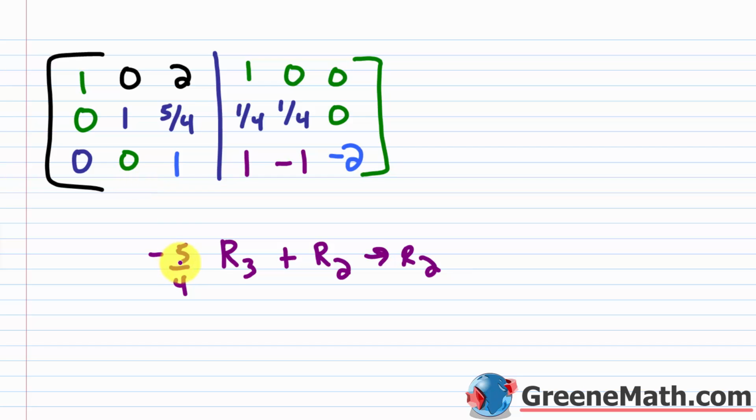I know that if I multiply negative 5/4 by 1, I get negative 5/4. If I add it to 5/4, I get 0. So I really don't need to worry about that either. Okay, I only have to work on these over here. So let's kind of do these entries real quick. So negative 5/4 times 1 is negative 5/4. Then we have negative 5/4 times negative 1, which would be positive 5/4. And then negative 5/4 times negative 2,